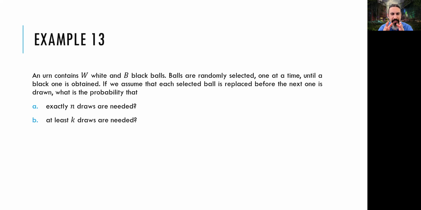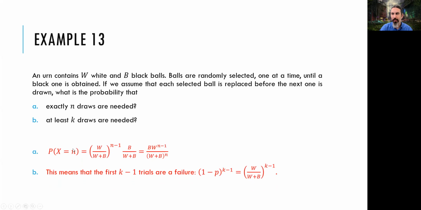What's the probability that exactly n draws are needed? Now think about it like this. We are picking them one by one until we pick a black one. Okay, the first one is white. Replace it back. Again white. Replace it back. Black. And we're done. Now, exactly n draws means that n minus 1 draws are all white and the nth draw is black. So I have to calculate the probability for n minus 1 white draws and 1 black draw, so you get this one.